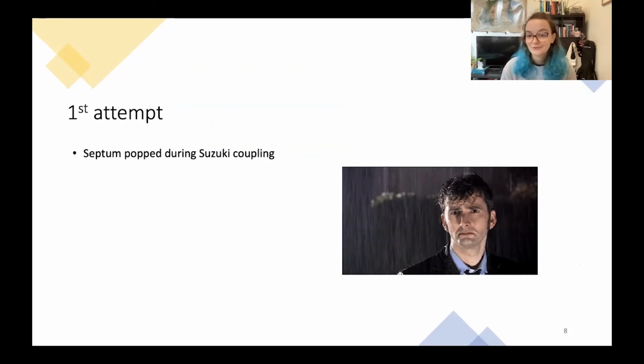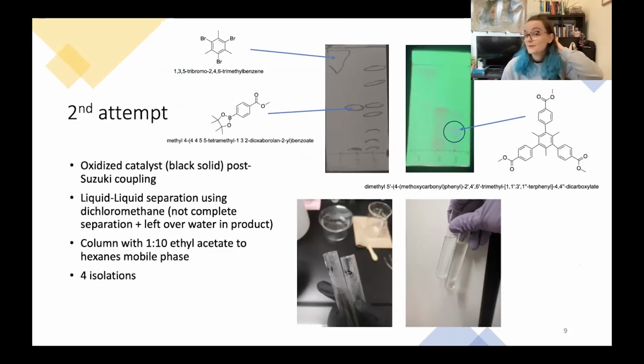So sadly, I had to start all the way over. But at least we were only 2 days in that first time, so it wasn't that big of a deal. My second attempt went much better. A couple of things that we noted when we were looking at the results was that part of the catalyst